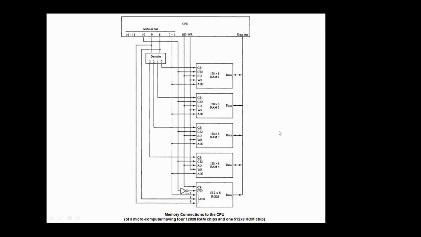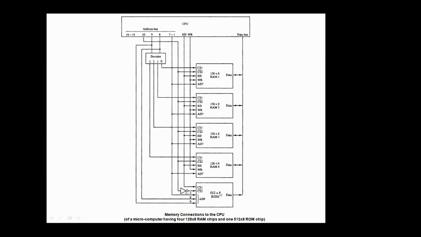Today, let us have a look at how a certain number of RAM chips are connected within a computer to the CPU. In this example, we are taking into consideration the main memory. This main memory consists of four RAM chips. Each RAM chip is of size 128 x 8,